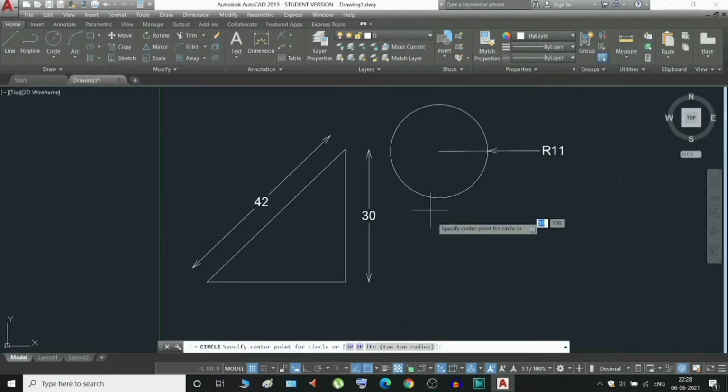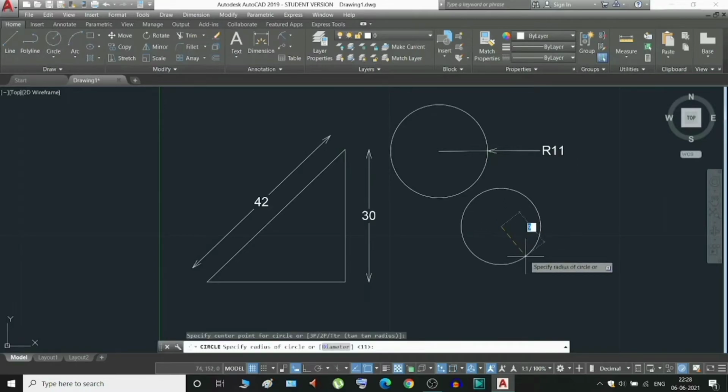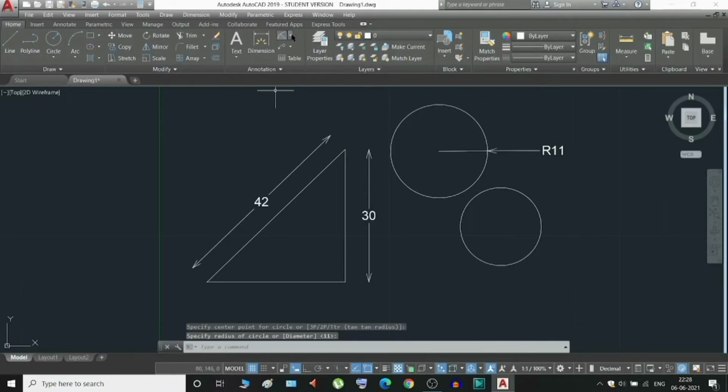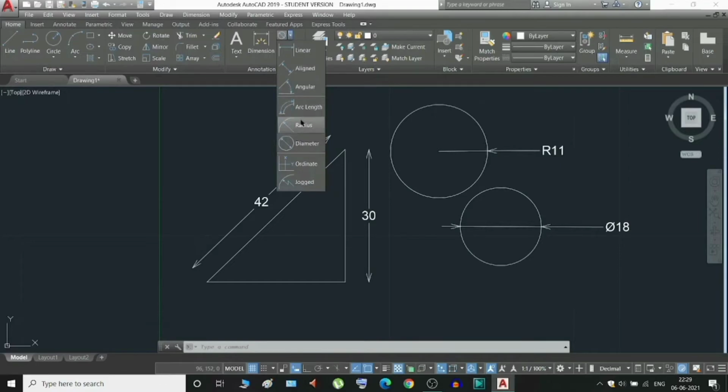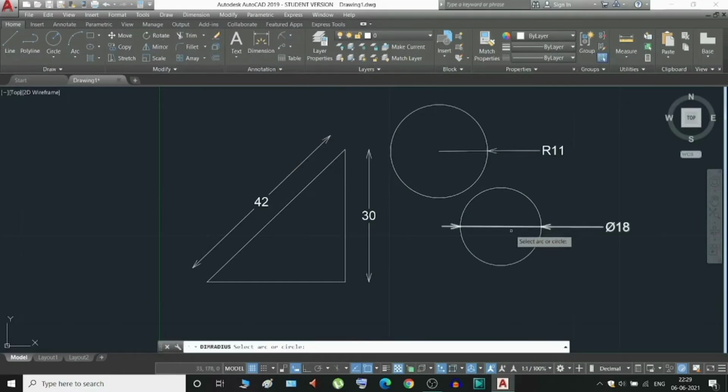Let's draw another circle, and in this we will find out the diameter of the circle. To do that, click on this and it will show the diameter. We can do those things in the same drawing. If we want to find out the radius of this circle, then we can also do that right here.